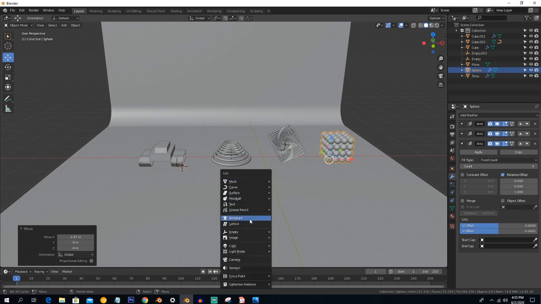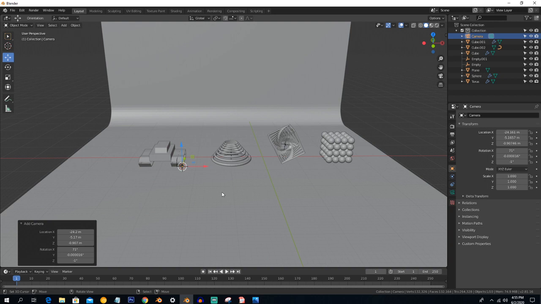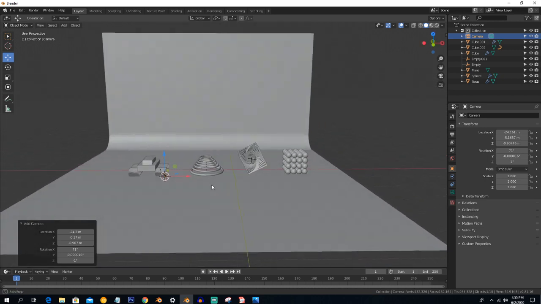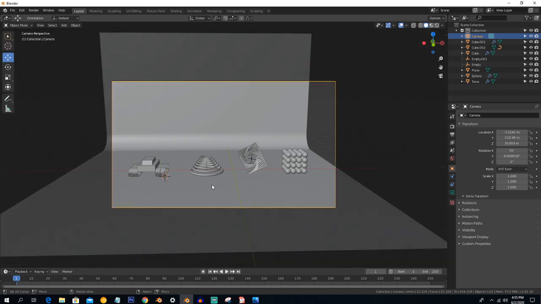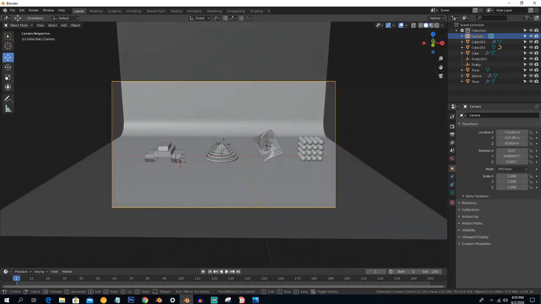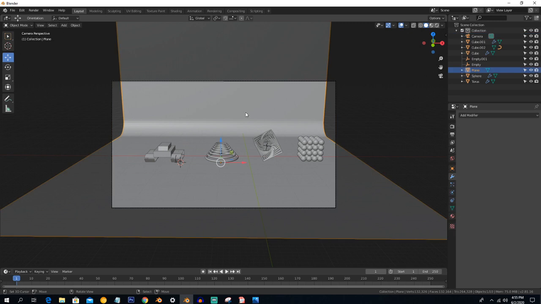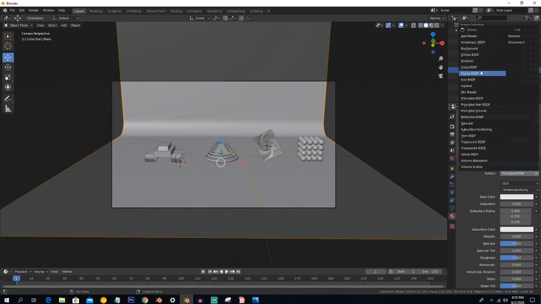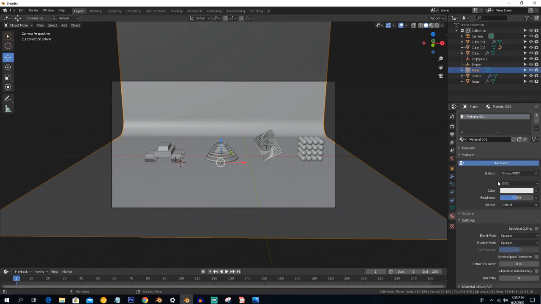Before that, add a camera: Shift A, camera, and select a view and just press Ctrl Alt and 0. This is your camera view. And now you have to apply the material. Quickly apply a material. Select this, a glossy material and slightly blue,